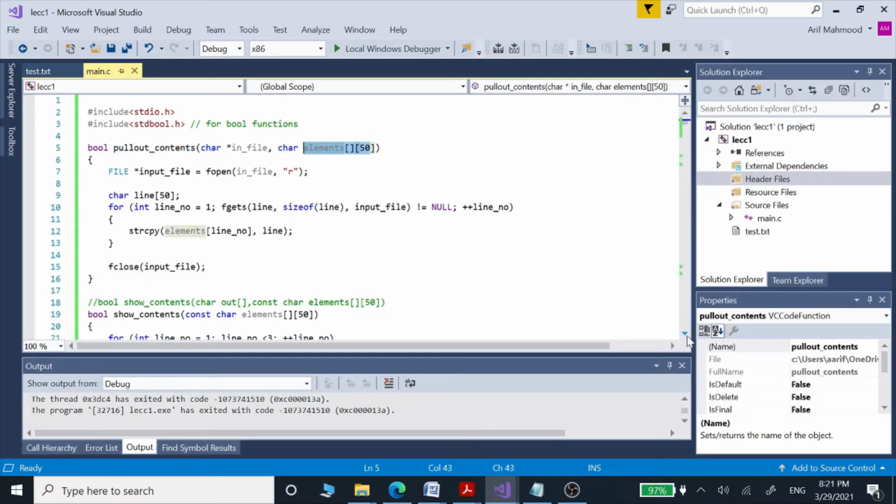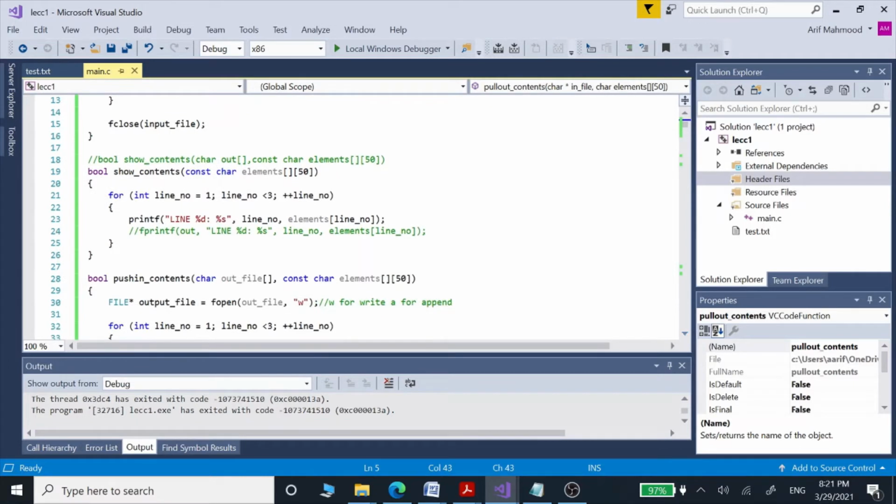After that, we use the second function, the show contents function, and this is the way we have defined it. It has only one parameter, which is of type string array, and its name is elements. Whatever we have stored in our array using our previous function, we display using this for loop and printf function inside it onto our console window.